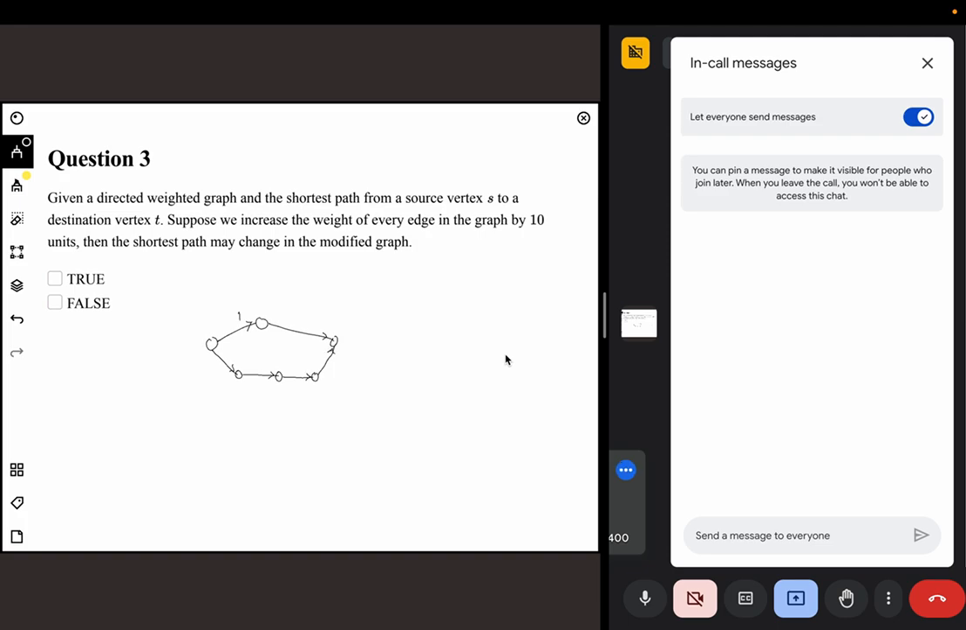Let's say originally all of these are 1. So the shortest route will give you 2, and this other route will give you 4. Now if I increase both of them by 10, okay, this is a very bad example. Maybe let's say this is,